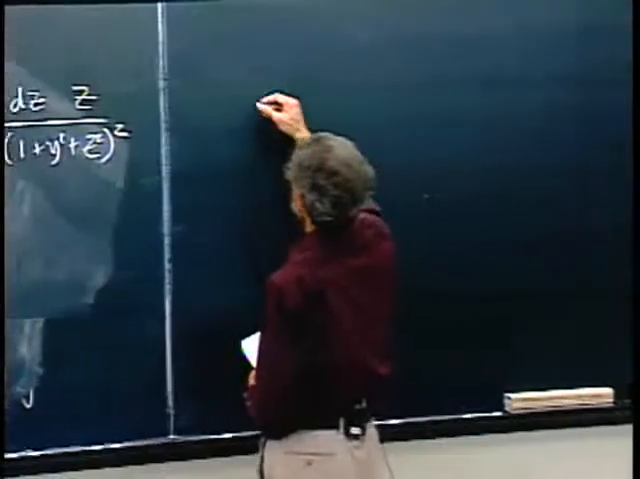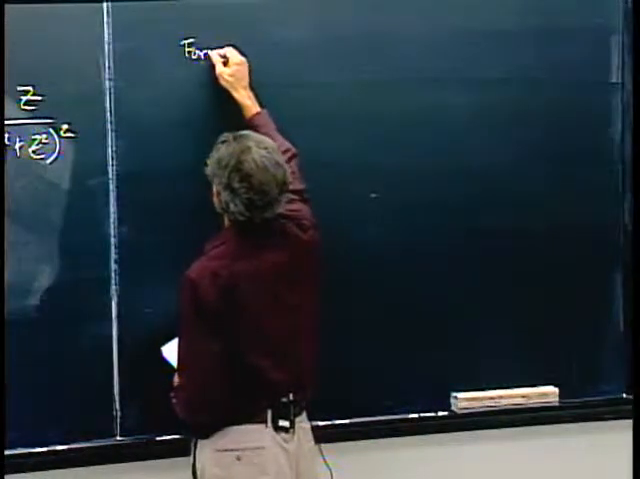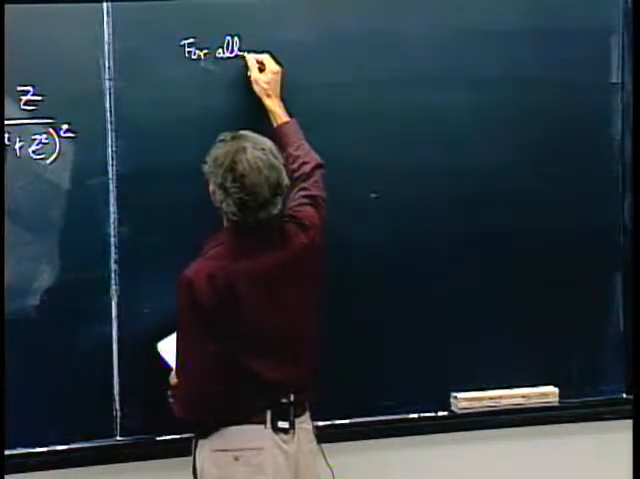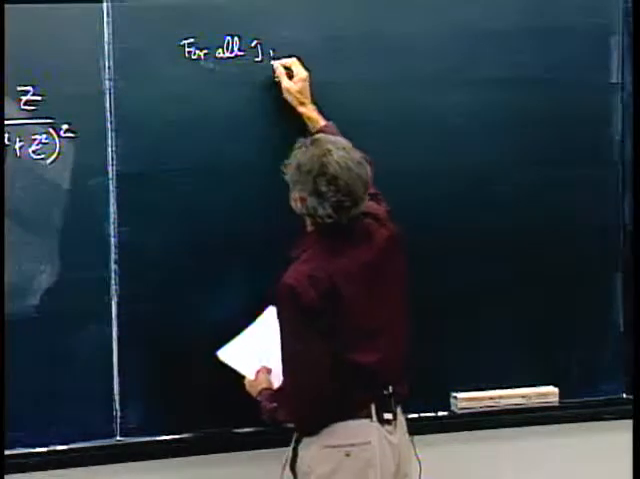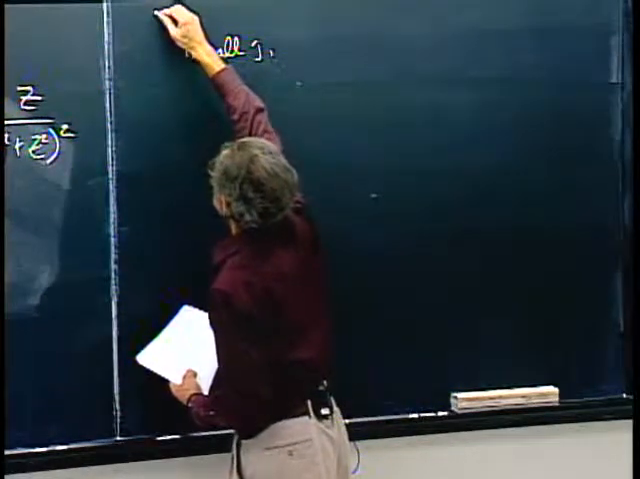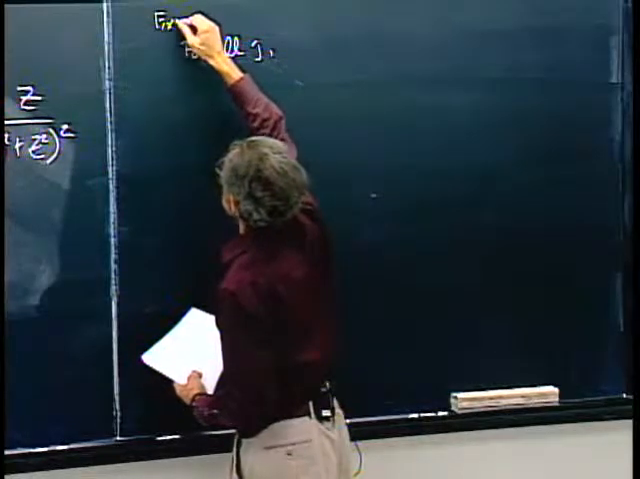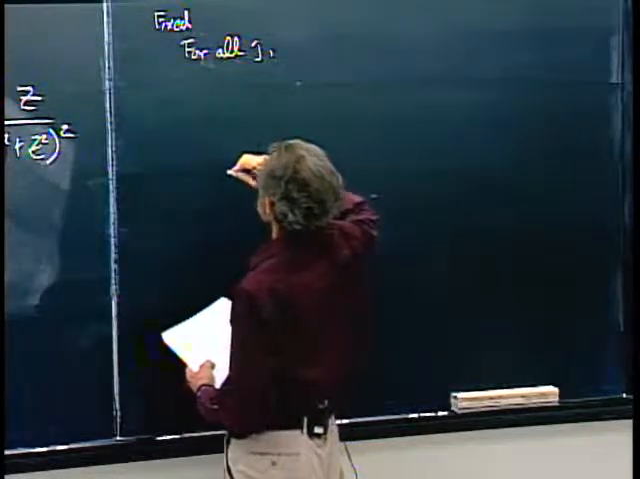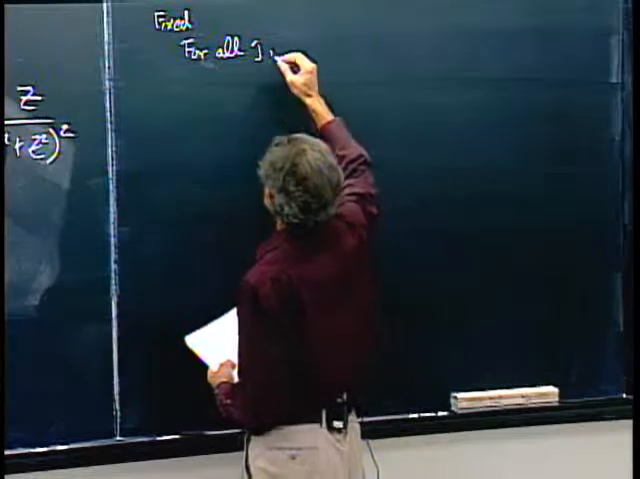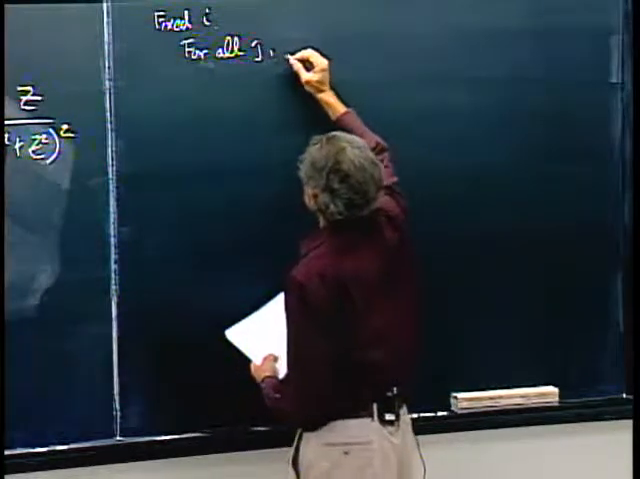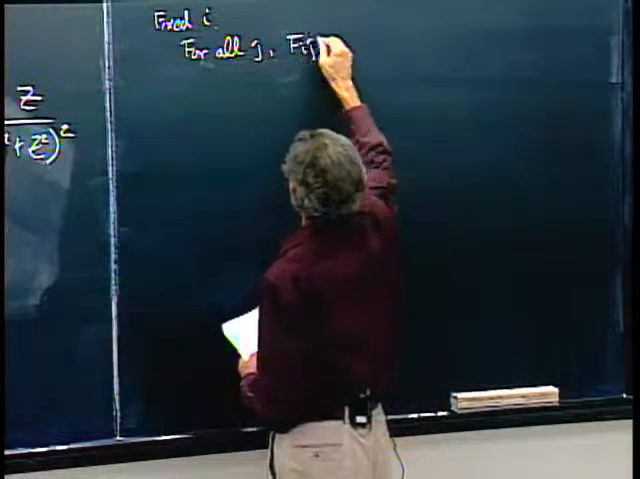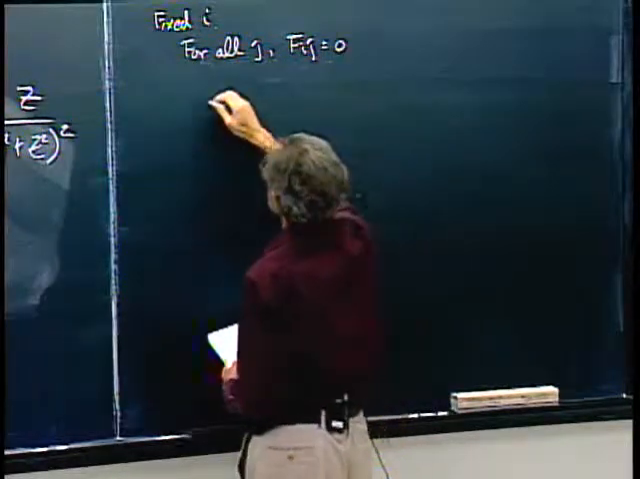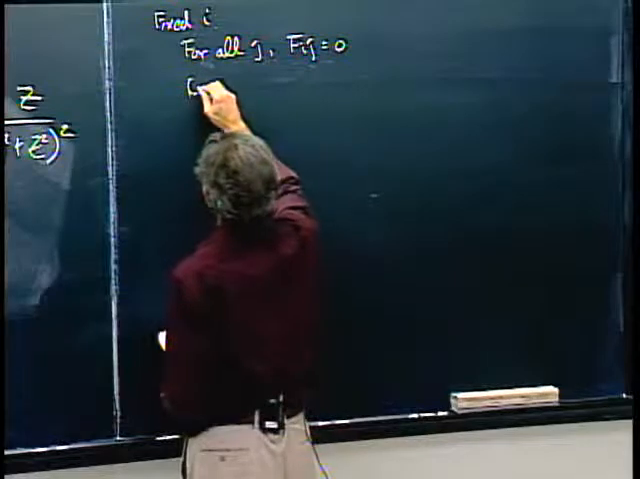I don't, but I'll make it up. So for all j, first we have fixed I, fixed patch I. Maybe we're going to compute it for all I later. But for the one hemicube based at I, we're going to set Fij equal to 0, and then compute